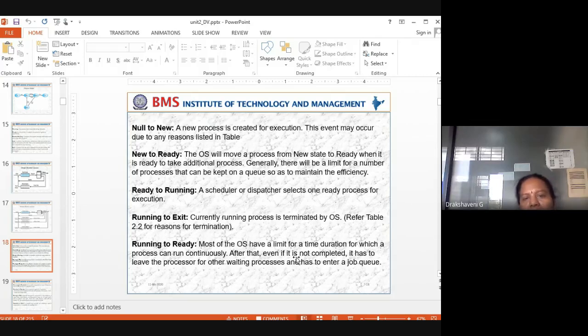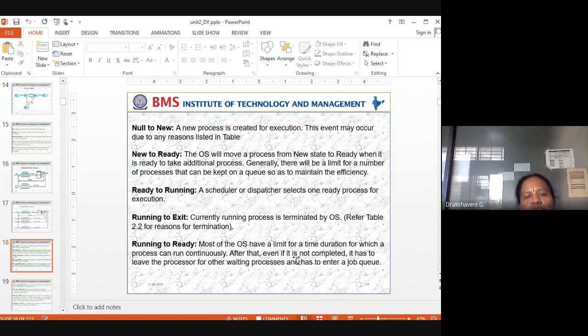Generally, there will be a limit for the number of processes that can be kept in a queue so as to maintain efficiency. Ready to running, a scheduler or dispatcher selects one ready process for execution. One more, running to exit. The currently running process is terminated by the OS.